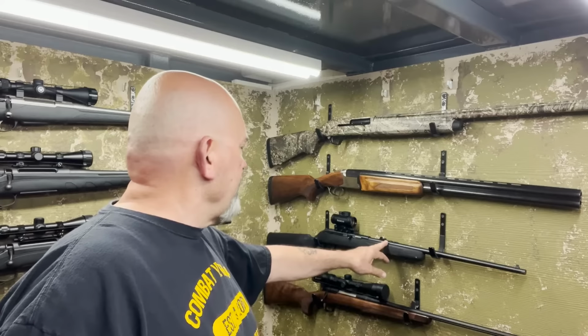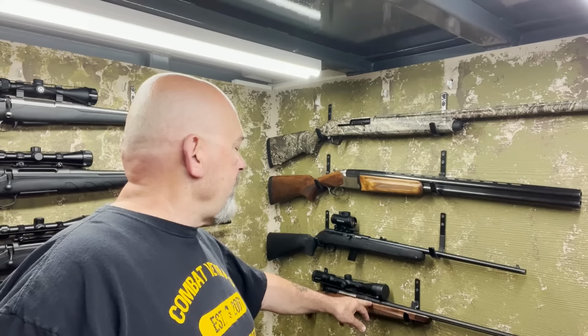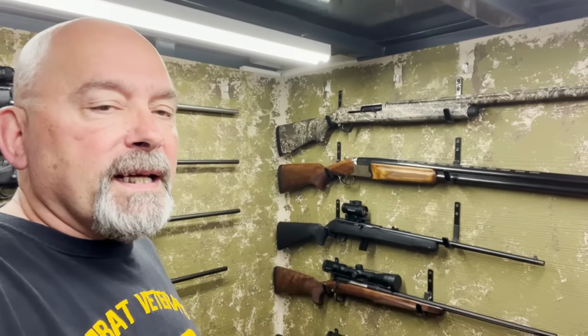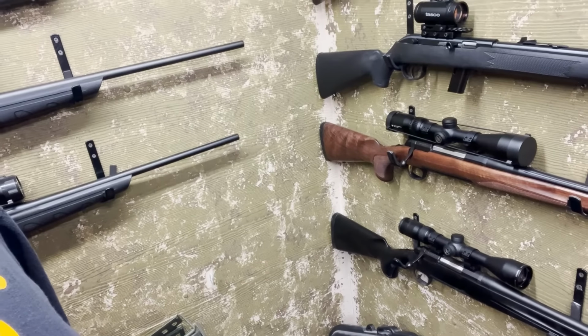I've got a Remington 22 squirrel gun. I've got the Browning 30-06. That's for deer hunting. And then down here is Terrie's only gun. I don't know if you can see that. There's Terrie's gun down there. And that's a Browning